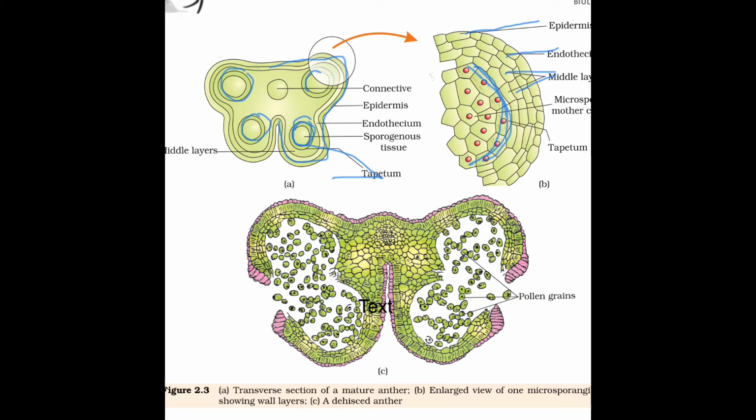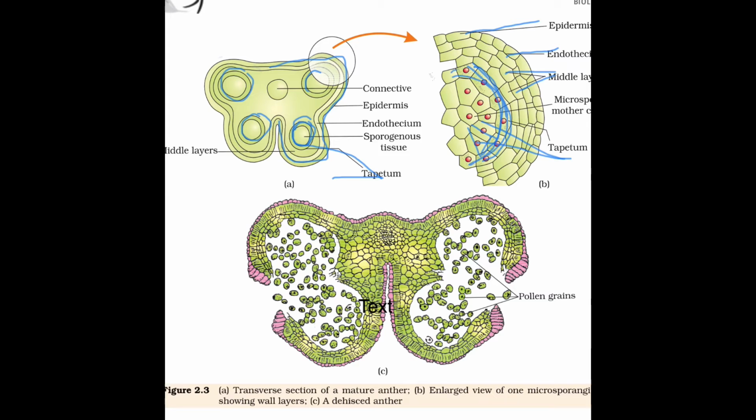You can see here there are many cells represented. There are masses of cells or groups of cells. These cells are called sporogenous cells. Why? Because they will form microspores after division. The cells of the tapetum will provide nutrition to these cells when they divide. Cells of the tapetum have abundant food reserve and one to many nuclei inside their cell, because they have to make food for developing pollen grains or microspores.